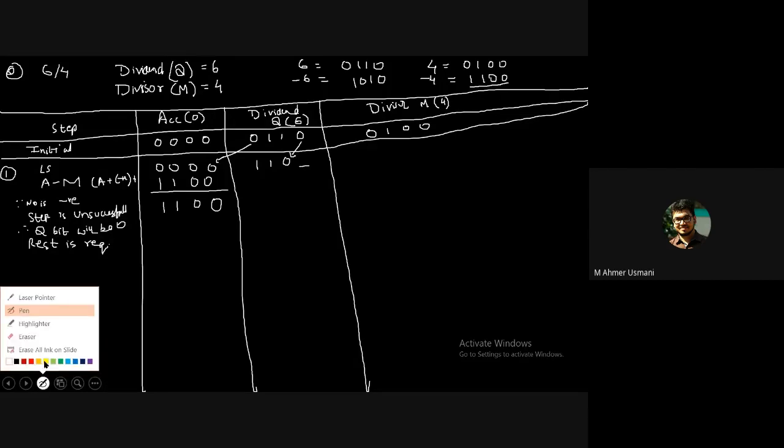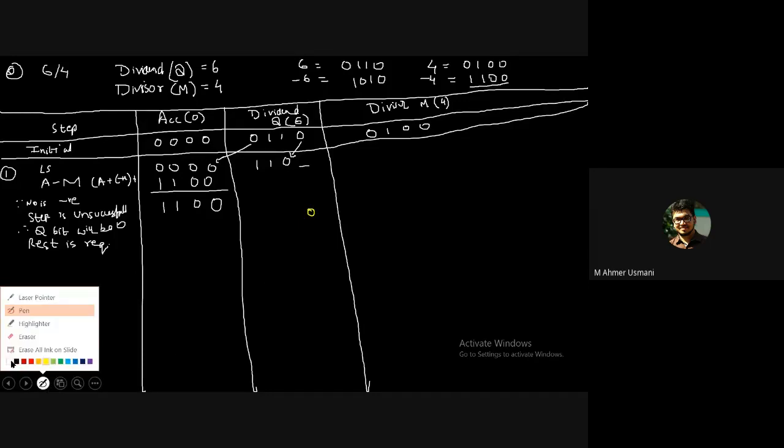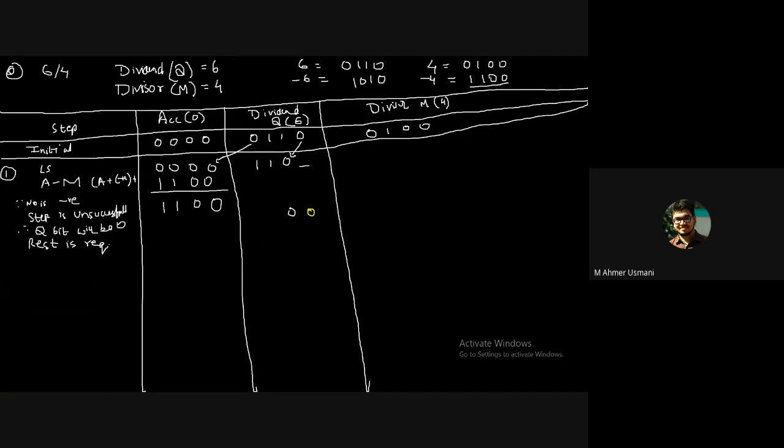Okay, so you have to do all these. I'll just do what? This bit, which is the quotient bit. What did you say it becomes? Because it is unsuccessful, what will it become here? It will become 0. I'll just write down the quotient bit in yellow color. What will the remaining bits be? The rest remain as they are. So it will be 0, it will be 1, it will be 1. Right? Is it clear till here?